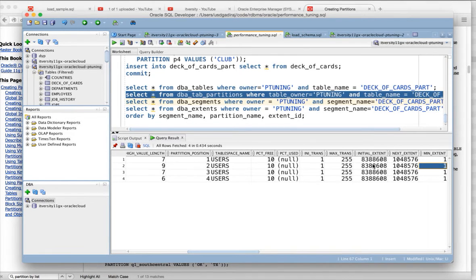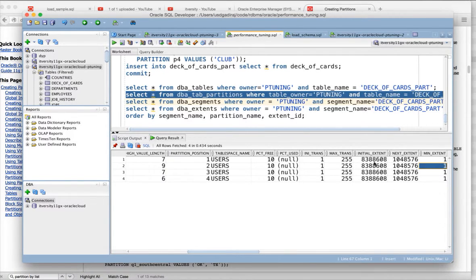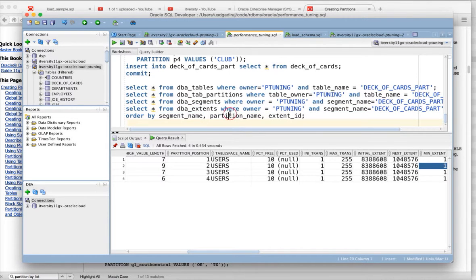We can change those things by overriding certain values while creating the table. This value is taking 8 megabytes because, if you remember, when we created the table, it started with 64 KB, and then after a while it went up to 1 megabyte. So at the table space level, it is doing automatic storage management, which is actually determining this initial extent size. So the initial extent size is 8 megabytes, and for that reason, in select star from DBA extents, this query,